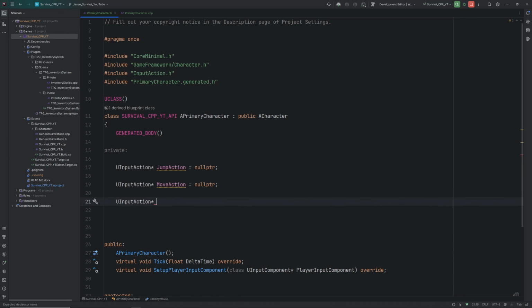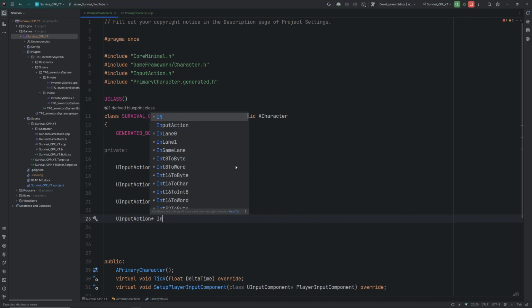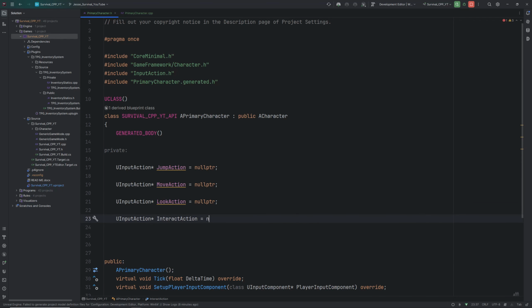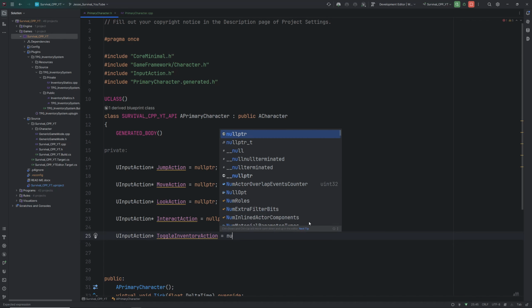UInputAction pointer, look action, null pointer. UInputAction pointer, interact action equals null pointer. Now we're not going to do anything with this right away, but I want to go ahead and just get this in here. And then the next one we'll do is another UInputAction pointer, toggle inventory action. And again, we're not going to do anything with this right away, but we'll put it here just so we